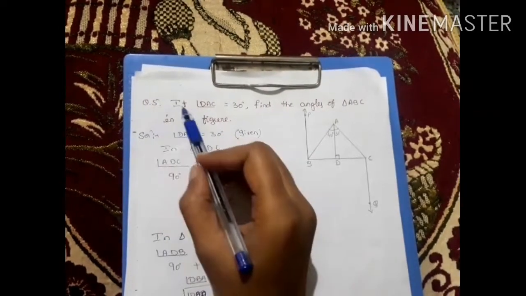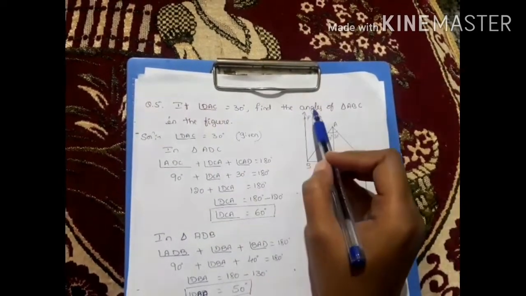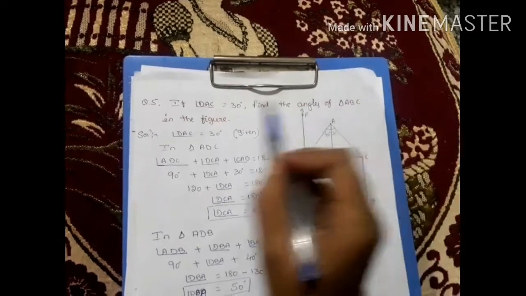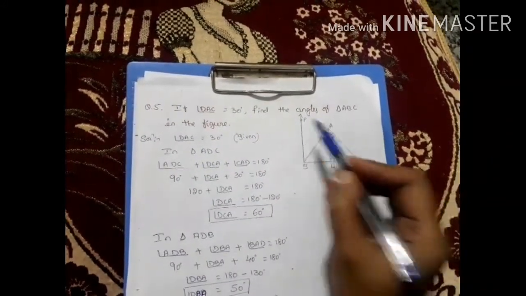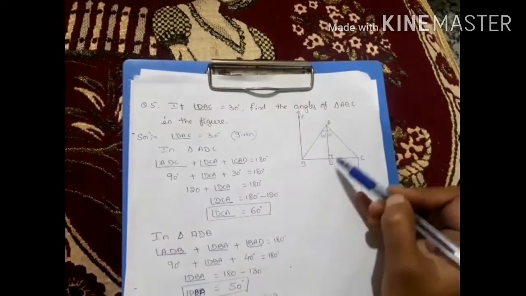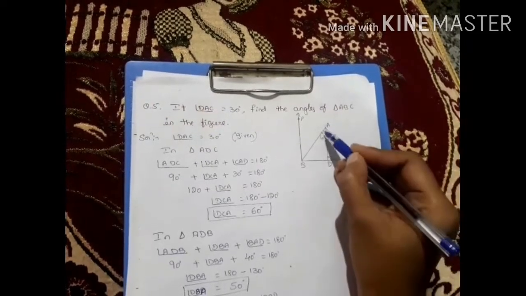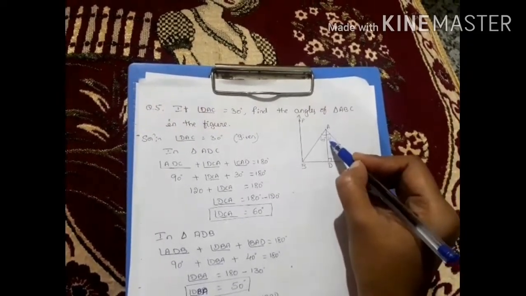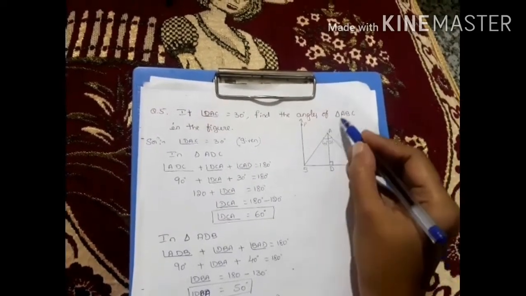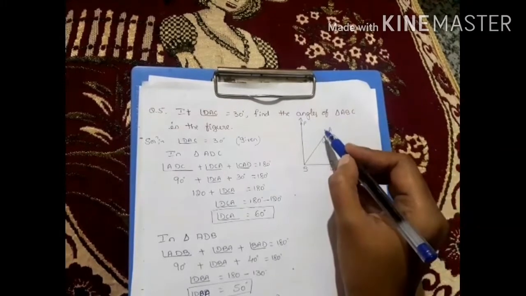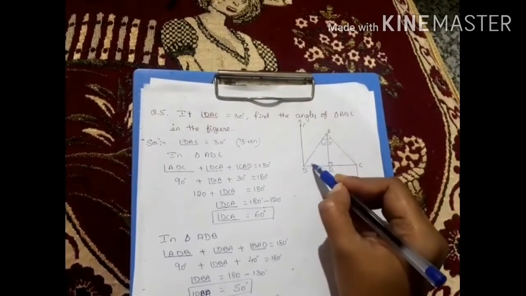Question number 5. If angle DAC is equal to 30 degrees, find the angles of triangle ABC in the figure. Here in the figure they have given angle DAC equal to 30 degrees. Find the angles of triangle ABC. So you have to find the angles of triangle ABC, nothing but angle A, angle B,